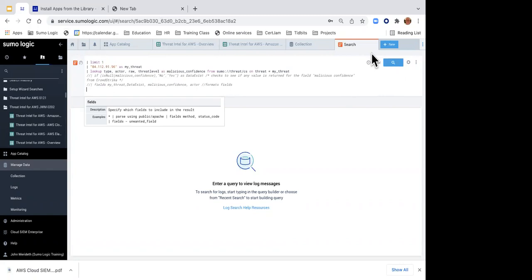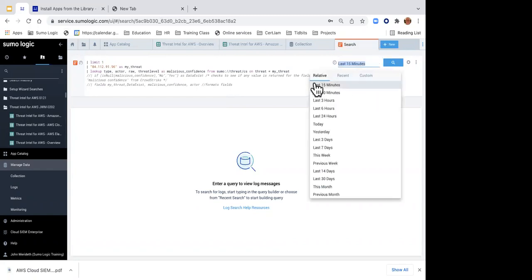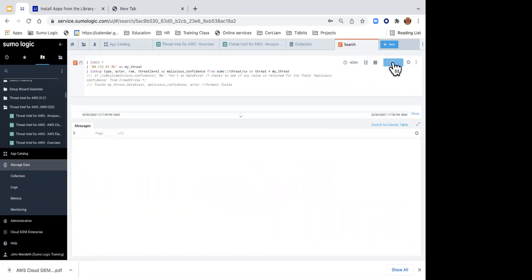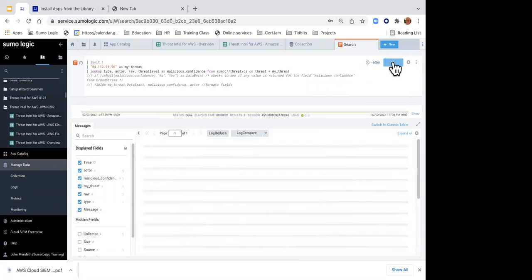So let me run this. Now, again, how much data am I looking at? I'm looking at my logs for the last 15 minutes. I can change this to pick whatever value I want, or I can physically type in the code. For example, for 45 minutes, I could say minus 45M, one that's not listed here. But I'll go with 60 minutes. And then to execute this query, I click on that blue button over on the right.